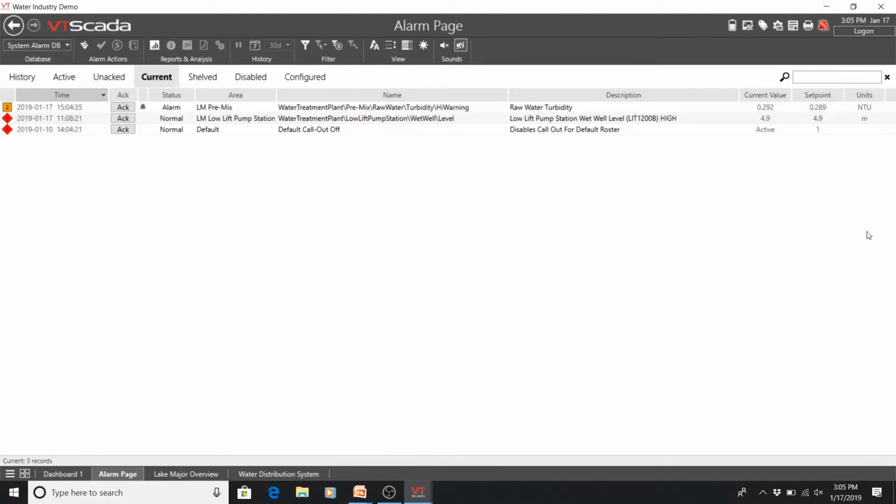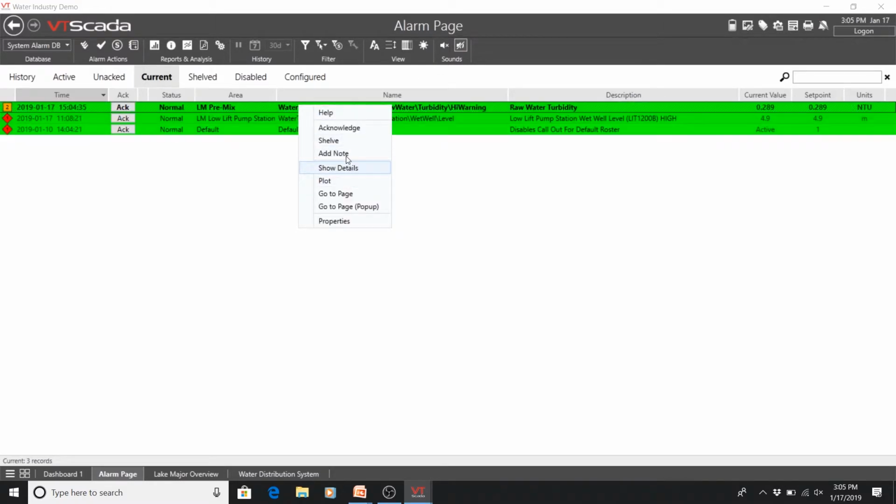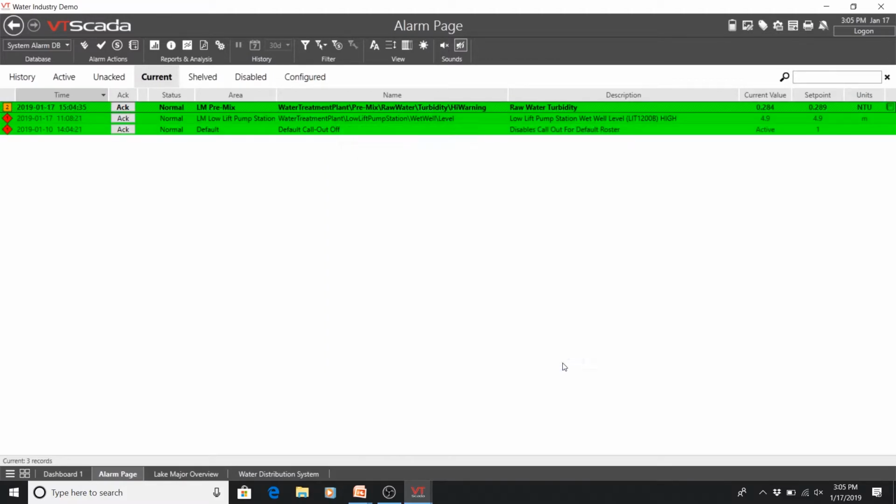And if you'll notice, why did it not show? Did I click on the wrong thing? I think I may have. Let's add that note again. There we go. But anyway, you see on the right-hand side, there's now a little icon. I know you can't see it from where you're sitting. But the point of that is, as operational staff, I now have had a chance to look and see it's been going off, and here's the action that's being taken.